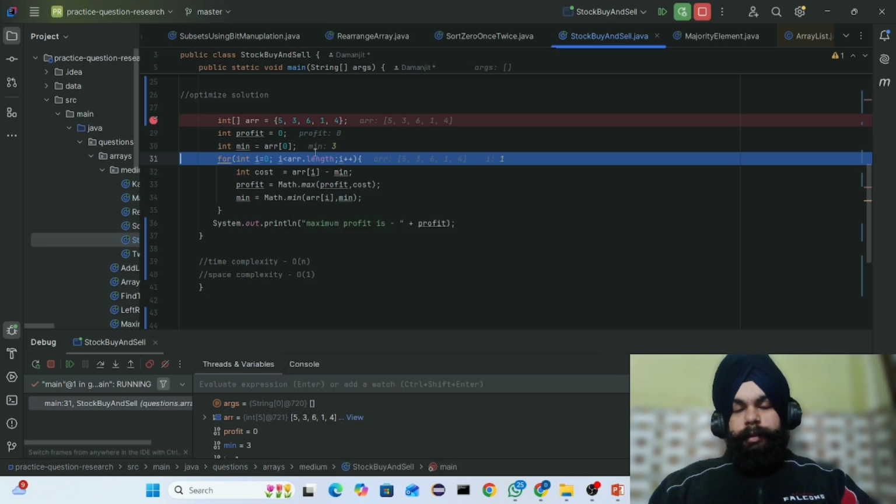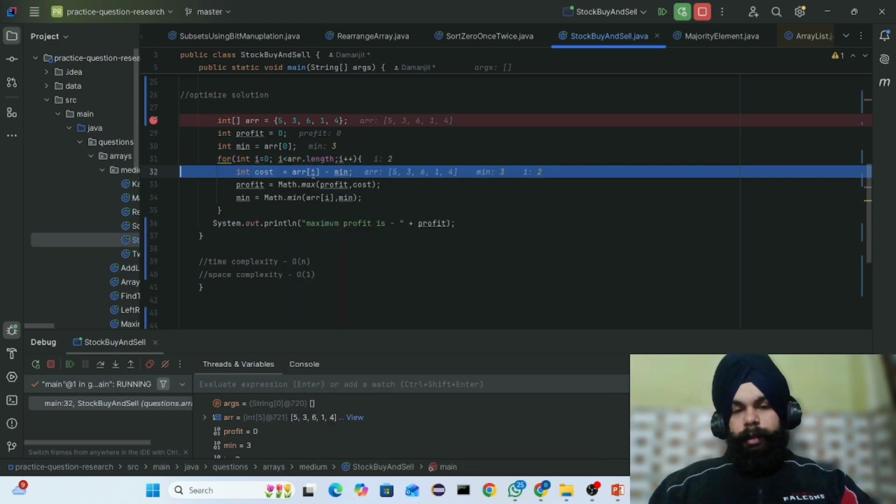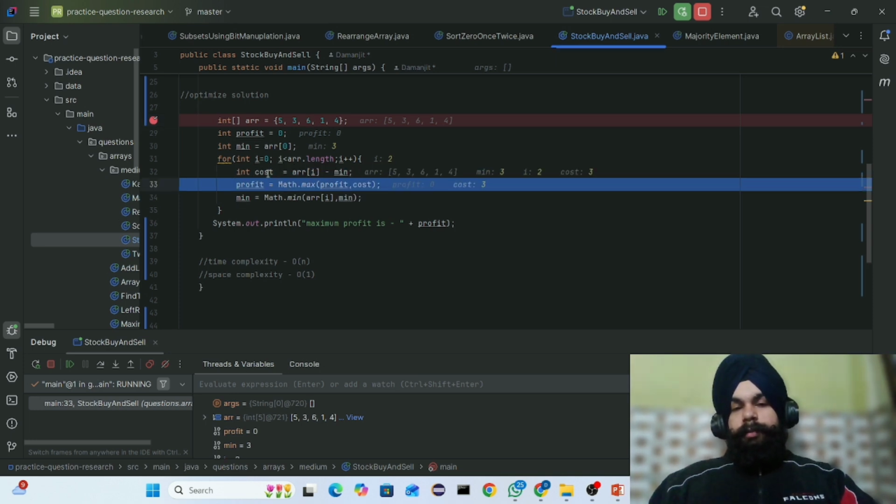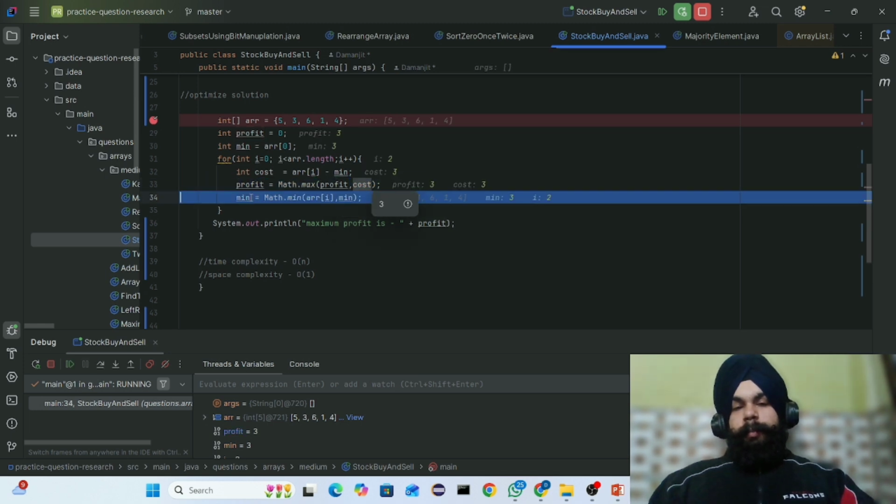And in the next iteration, at array of 2, it will be 6, our min is 3, our cost will be 3 and our profit will be 3, and profit 0, its max will be 3